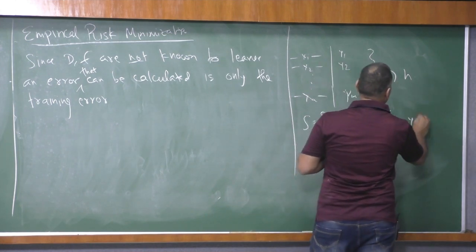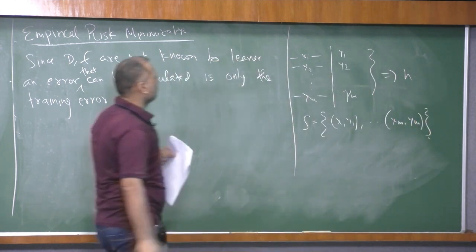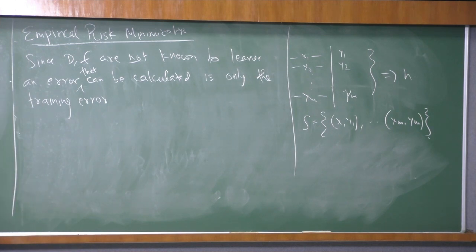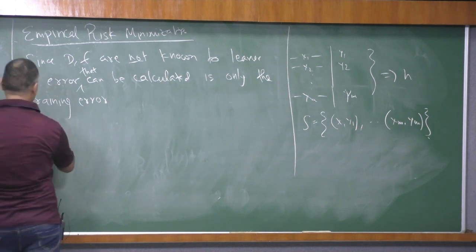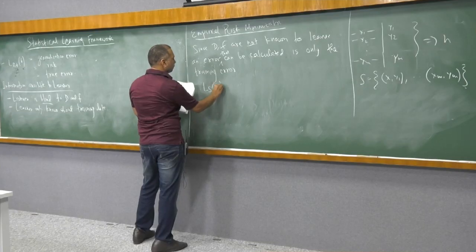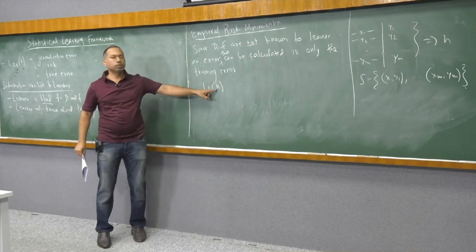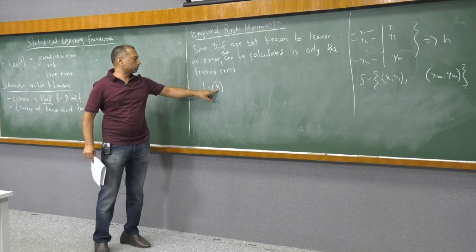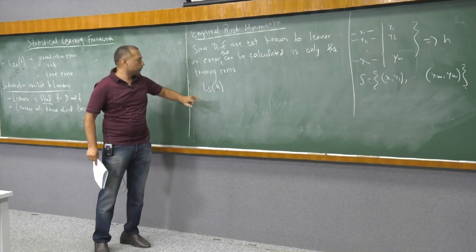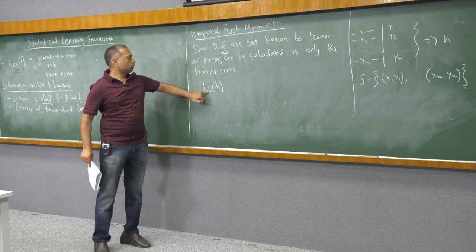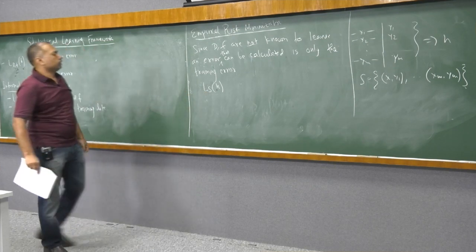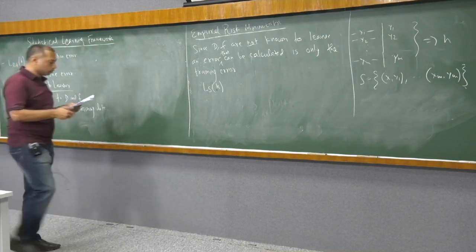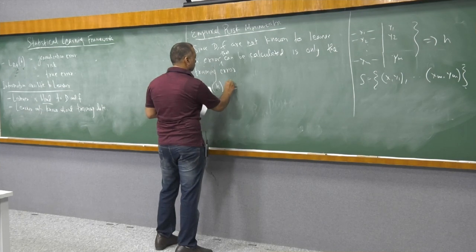xm, ym, right? So essentially we have to build a loss based on this training data. So there will be S coming in place of D now. Okay, so we can define LS of H. H is the prediction rule that the learner learns. The learner knows about that. Obviously H was built based on S. Okay, so we can define this as